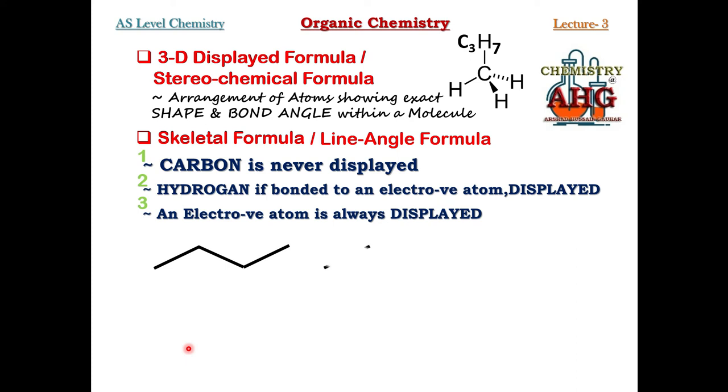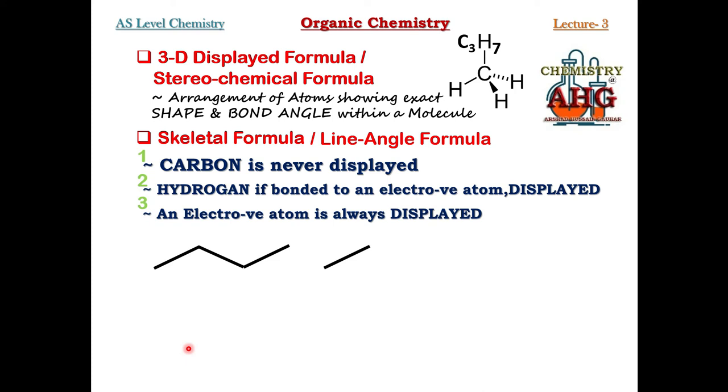For example, if I draw a simple line, what does this mean? It means there are 2 ends, each end is representing carbon. So now what does this line represent? It represents ethane. Why? There are 2 carbon having a single covalent bond in ethane. So this is the skeletal formula of ethane.